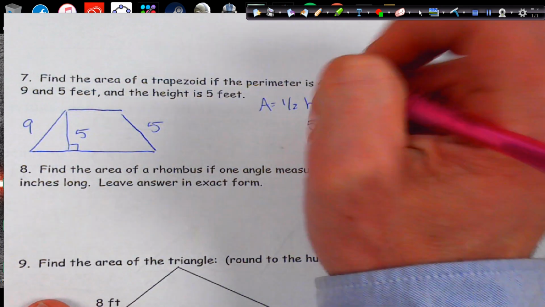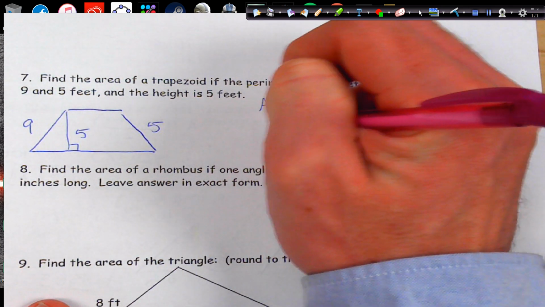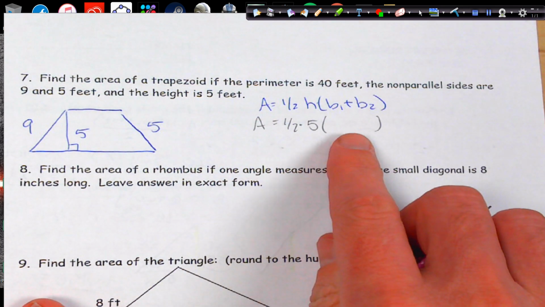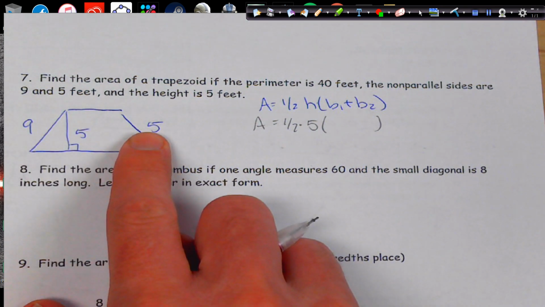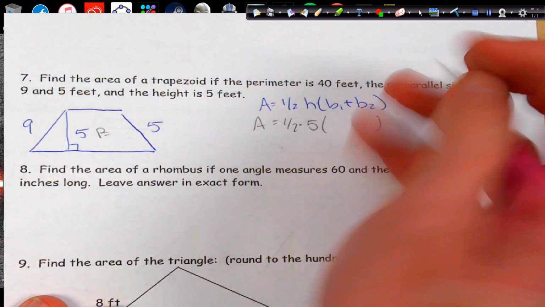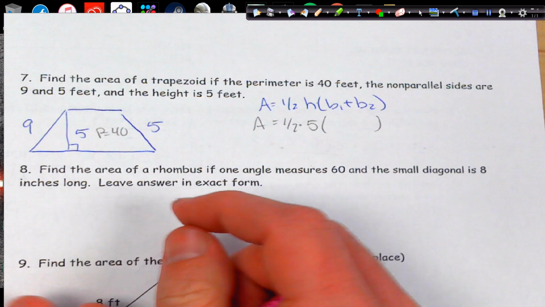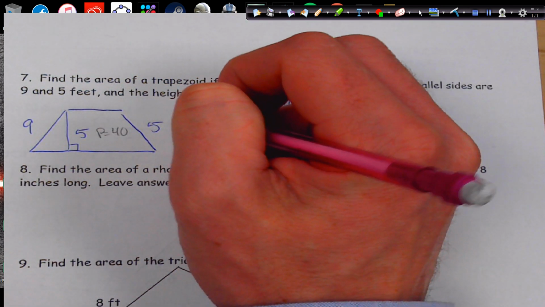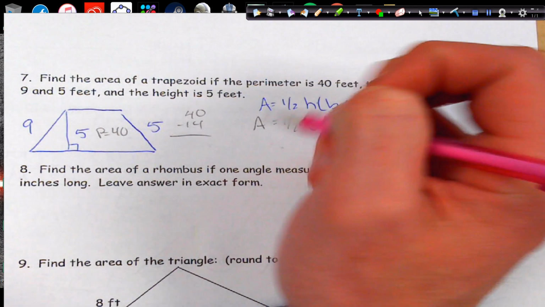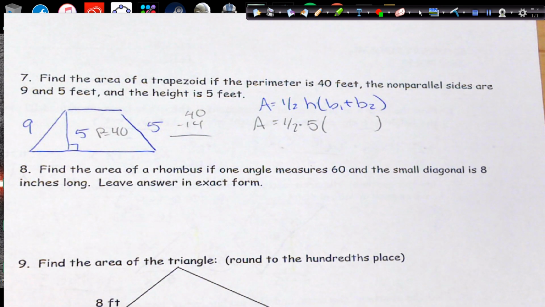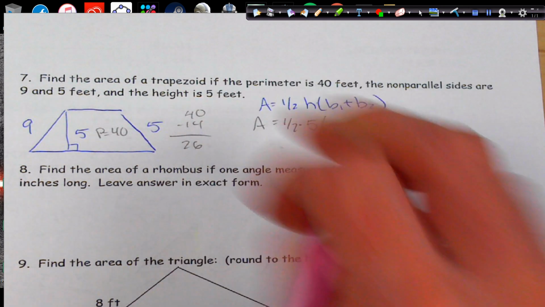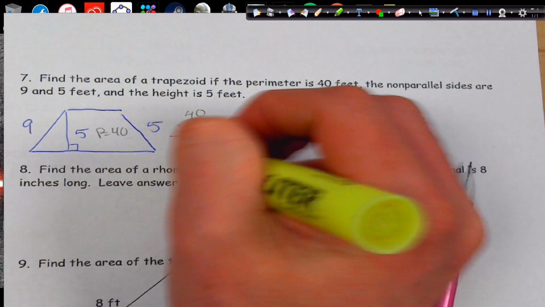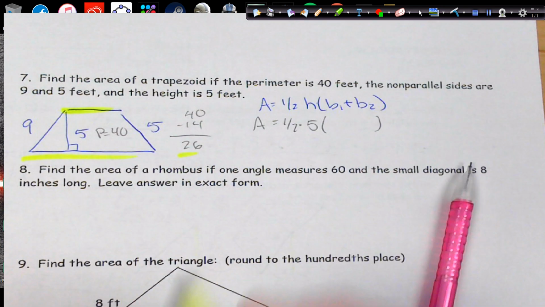but I don't know the bases. But since 9 and 5 is part of it, and I know the perimeter is 40, I could add 9 and 5 together, which would give me 14. And so I can take the perimeter and subtract 14 from it, and I'll get 26. So that means that the length of 26 should make up this segment plus this segment,